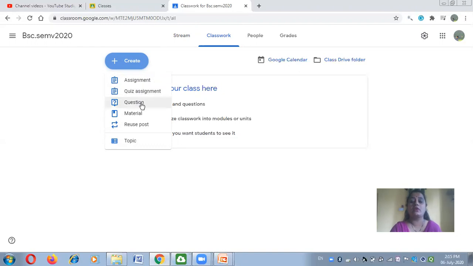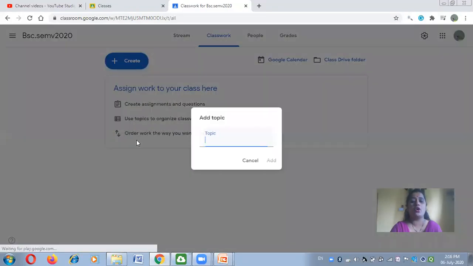You can create a question bank and upload it in your Google Classroom, or provide other study material to the student. If you want to reuse a post, you can reuse a post which you have already posted in your Google Classroom. And the last option is the topic, on which you can assign the work to the student.